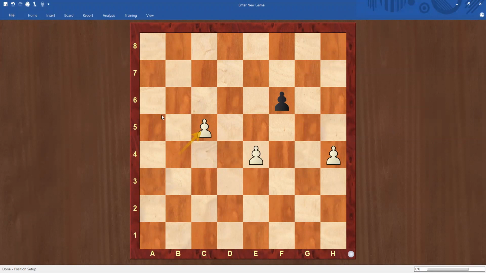Let's say black played this and by mistake white played here c6. Black can take the pawn f into e4. So for pawns, you will not write any p. You will just write the square name. If I am playing e4, I will write e4. So whenever it's only a square name, that is a pawn move.